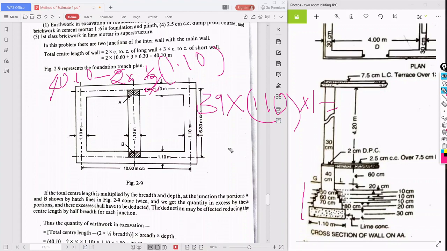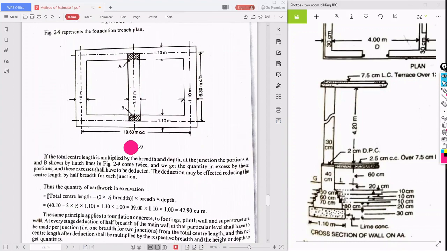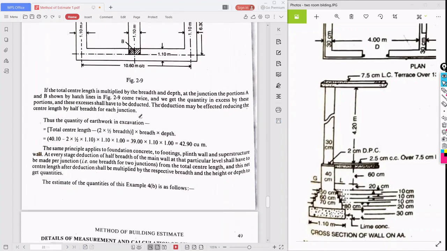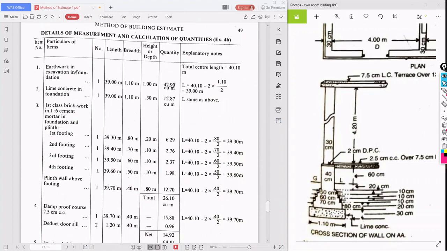So like this we need to figure it out. Okay, let us go to the tabular column now. The earthwork in excavation. What is the total center line length?